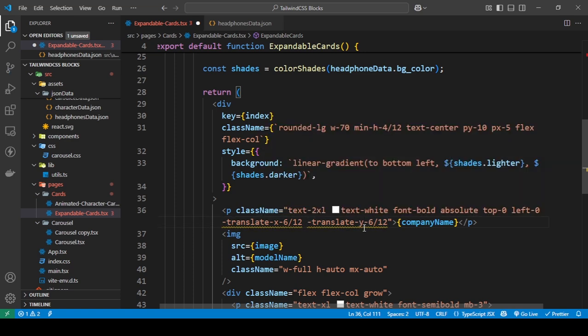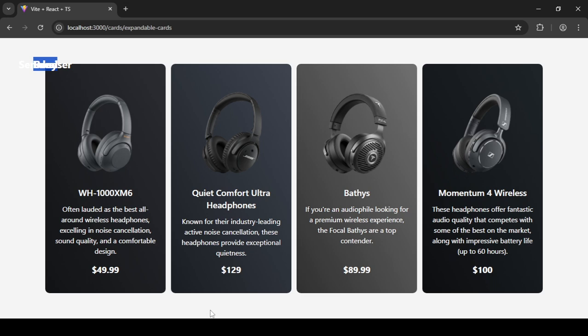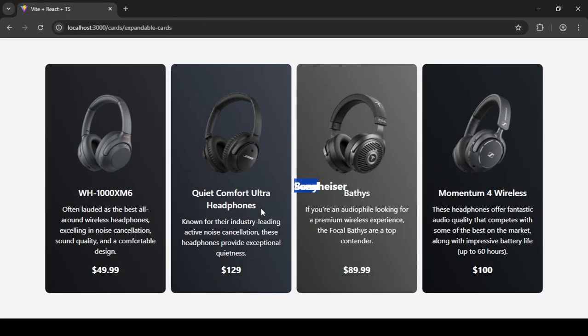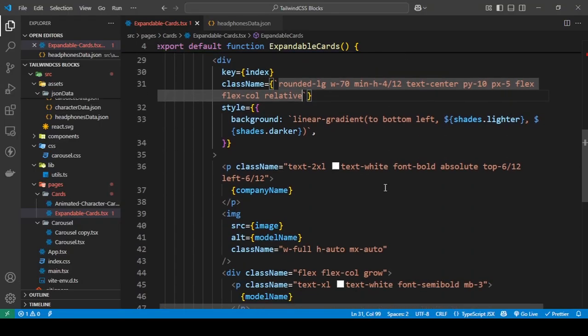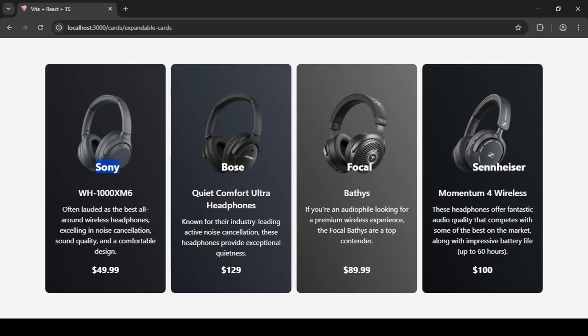And it's the same for the y. Okay, so I'm gonna save this and see what happens. This needed to be in this. Sorry, that was my bad. Yeah, okay, now it's doing that. So it is 6 by 12, but let me do 5. Yeah, this is good. Okay, so I'm gonna keep it at this,